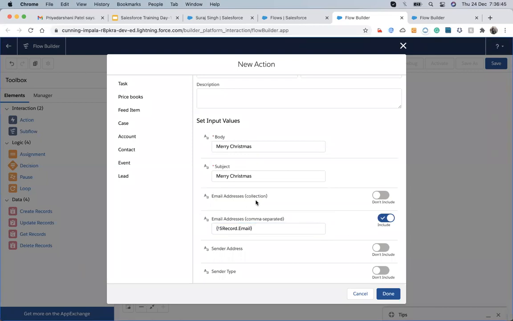We can't use this one because it requires a list of email addresses, and we don't have any list, so we can't use this one. We will use this one. It is an option where we can add a comma and then add another, comma separated values. So it's one by one.